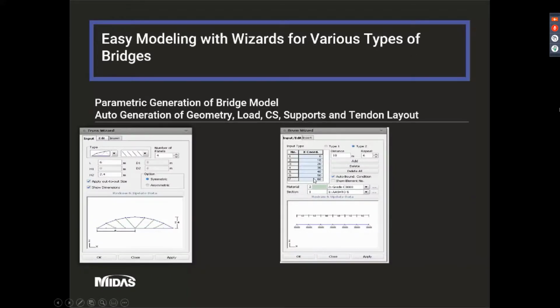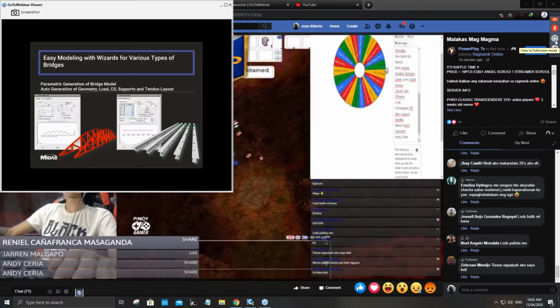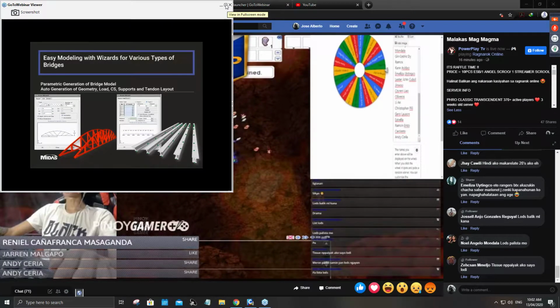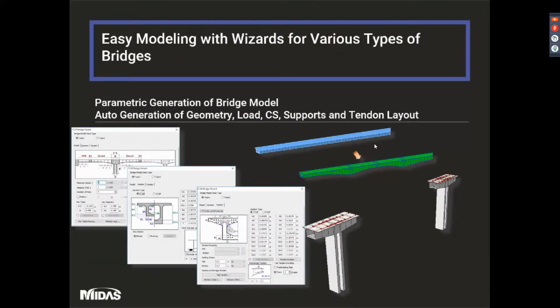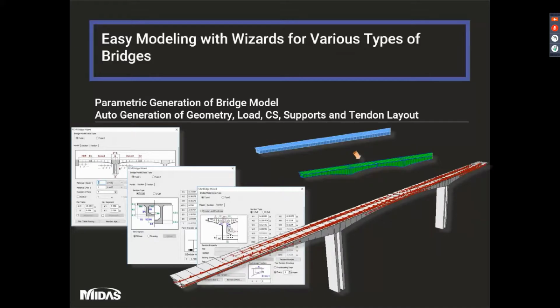Aside from it, MIDAS Civil has wizards for various types of bridges. What you can see here are the simple ones, which are the truss wizard and the beam wizard. From the simple ones, we also have the FCM bridge wizard, or the different bridge wizards, which